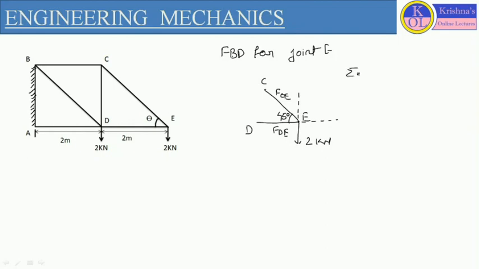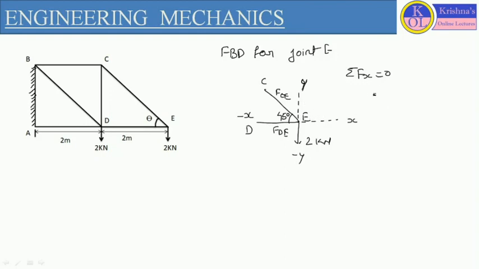First we will apply the condition of equilibrium, that is summation of F equals 0. Here we will use the concept of the quadrant system. So this direction will be plus x, this will be plus y, this is minus x, and this should be minus y. If we take the condition summation of Fx equals 0, we have to resolve all the forces which are acting in the x direction.